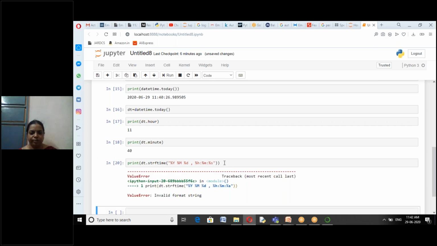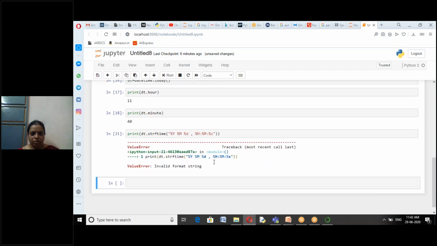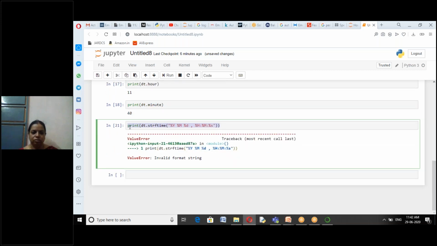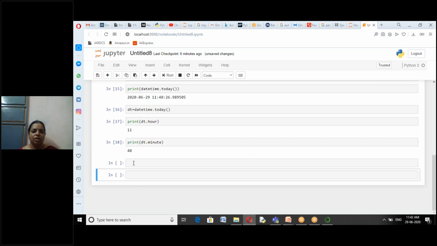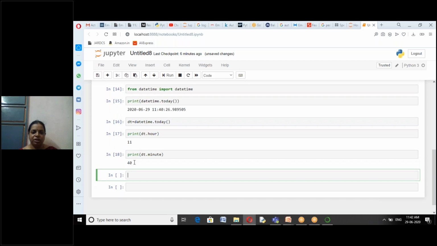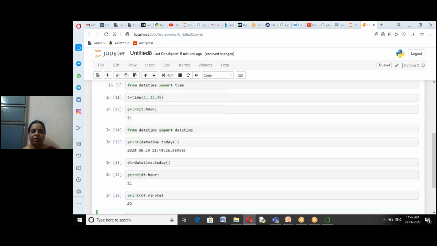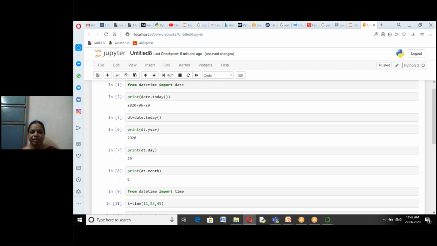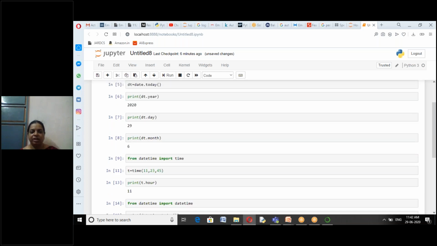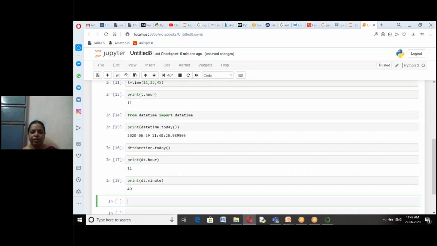So check this format and apply it again. Some of the letters need to be in capitals. So this is the example for the datetime module. Simply you can use this datetime module to display the date and times in your Python programs. From this you can get other different information also.